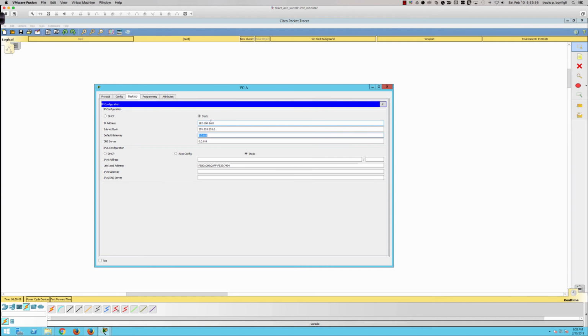Is it the SVI interface IP address? Now, down the road, it very well could be, right? It very well could be. But everything is in the same broadcast domain right now, so we don't need the default gateway. And when I say it could be down the road, if we were doing